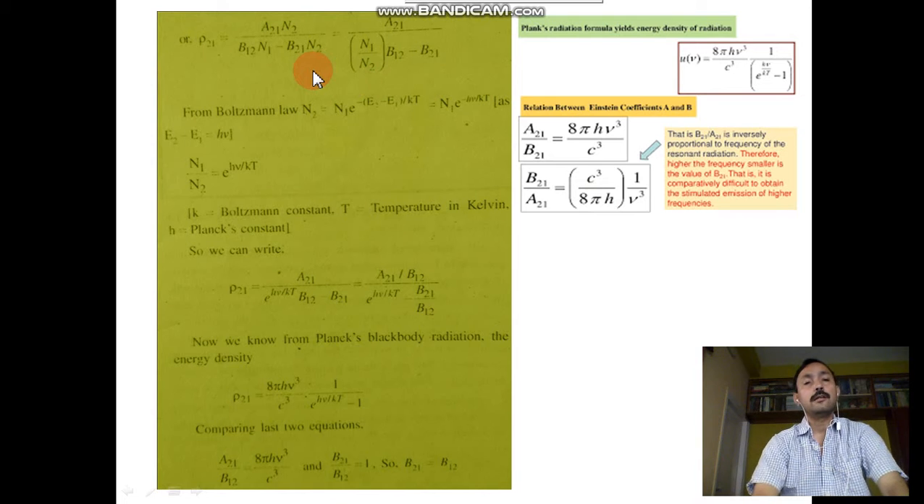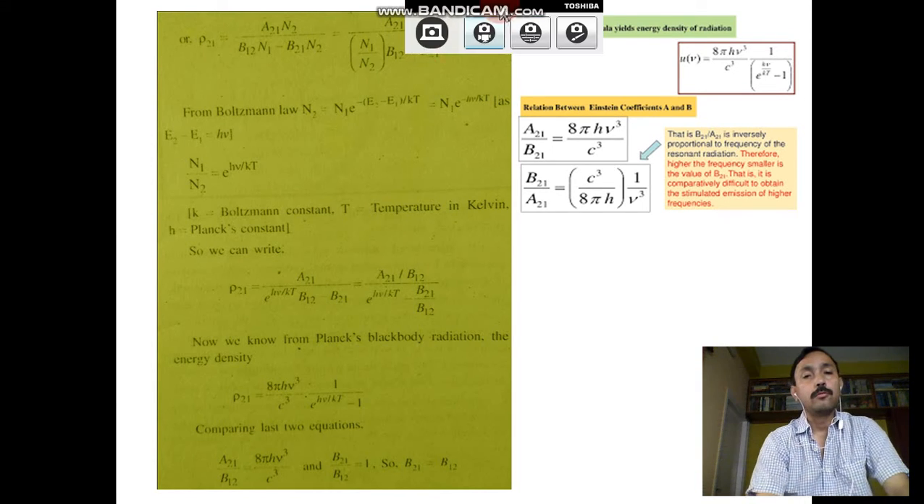From the previous equation, after simplification, ρ21 becomes A21 N2 by B12 N1 minus B21 N2. Dividing numerator and denominator by N2, it becomes A21 by N1 by N2 B12 minus B21. From Boltzmann law, we know